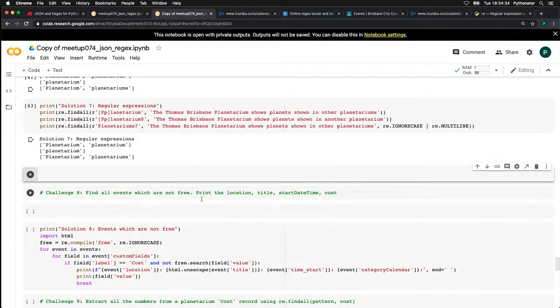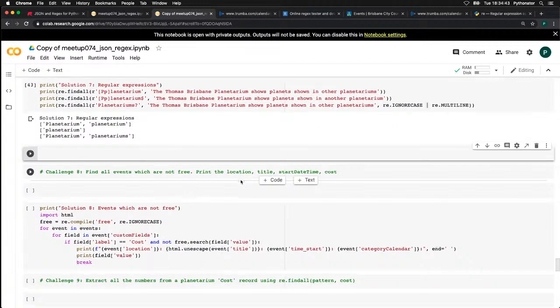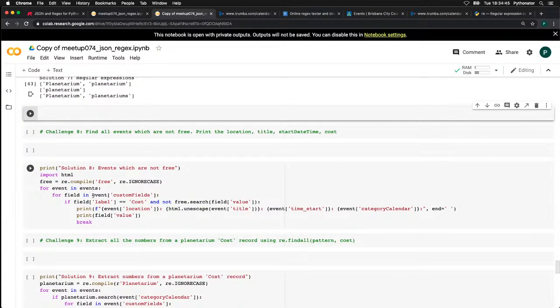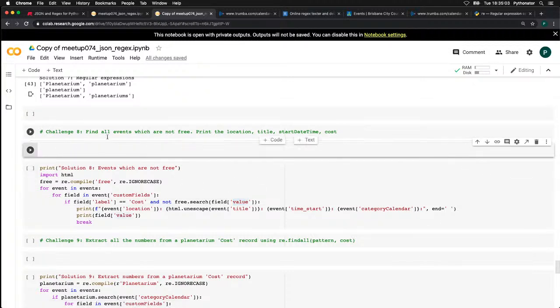Okay, so find all events which are not free. So we need to loop through all the events, and then we're going to find the cost field in custom fields, where the label equals cost, and then we're going to search on the value. So I could do this,